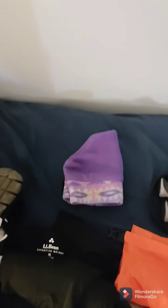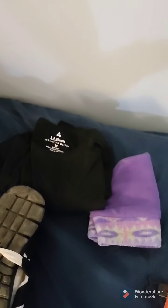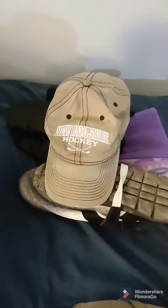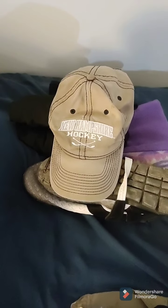As we scan on over, I have a fleece cap that's mostly for sleeping. And as far as long underwear, I will be carrying both a long underwear top and a long underwear bottom. I think that those are for the colder nights. For shoes, I'm actually going to be bringing some camp shoes. They're super lightweight. I've used them some and feel pretty good about them. For the sun, I will be bringing a baseball cap,